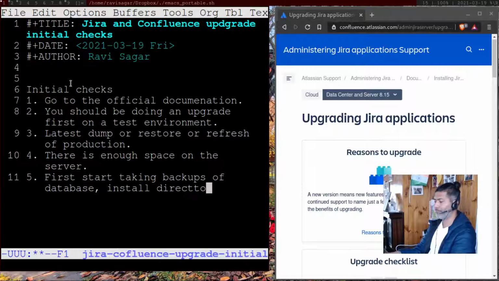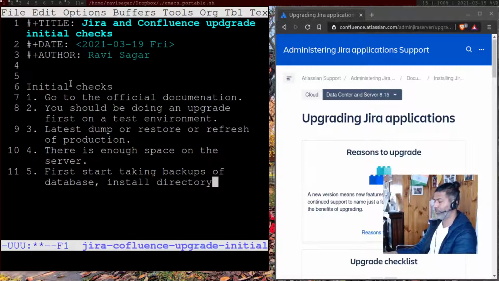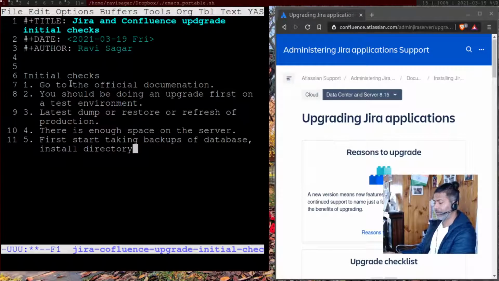And at the same time, you need to take a backup of your home directory. So if your Jira instance is huge and massive, and you have, let us say, 50 GB or even more of attachments, it might not be possible to take a backup of the attachment folder, so you can exclude it from your backups. But the whole idea of taking a backup is to make sure that you can